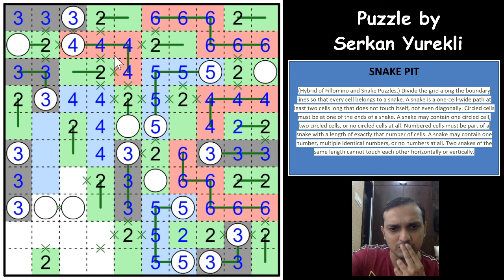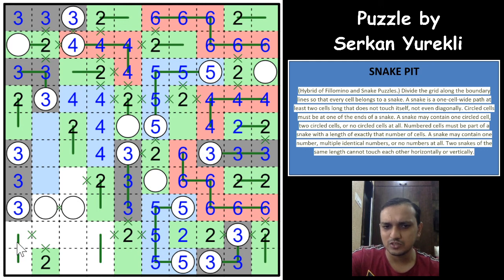The moment you have a cross here, this would have to extend this way and would have to extend up. So this cell becomes stranded here, which means that you cannot have a cross here. These both cells would have to be part of a single snake, and again these 2 cells would have to be part of a single snake. If these 2 cells have a cross in between, what happens here is these 2 will be part of a single snake and becomes a 2-cell snake. It cannot connect to this. So these 2 will be part of a single region.